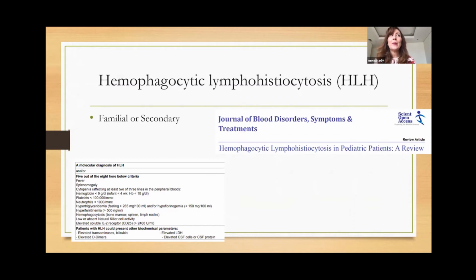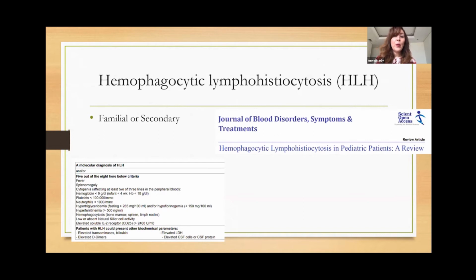And that's when it becomes challenging to diagnose whether this is HLH or just sepsis. Therefore, there are criteria to guide the diagnosis of HLH, 5 out of 8 of these criteria, like fever, splenomegaly, cytopenia affecting 2 cell lines,